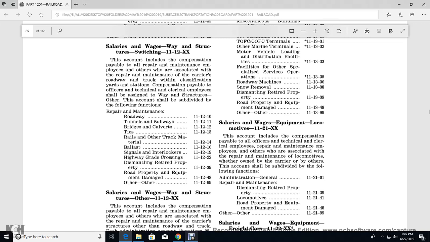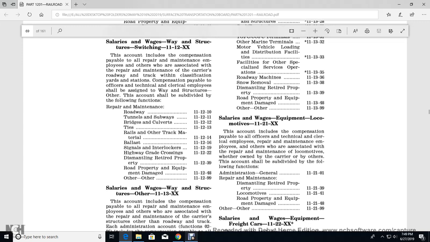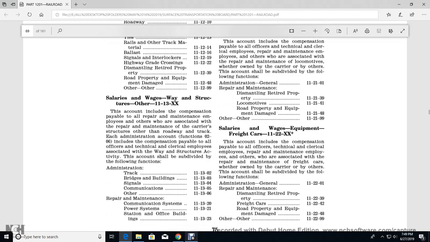Wages, equipment, locomotive 1121 XX. The account includes the compensation of all of the officers, technical, clerical employees of the repair maintenance, the employees of the others associated with the repair maintenance of locomotives, whether owned or carried by others. The account shall be subdivided by the following functions: administrative, general, repair maintenance, dismantling, retired property, locomotive, road property, equipment and property, other equipment damage, other property, and other sales, wages, equipment, freight